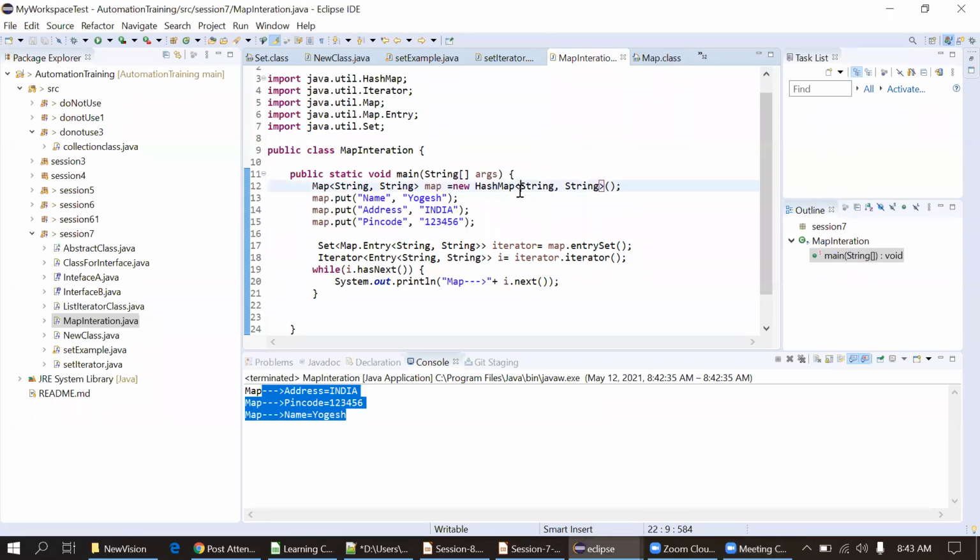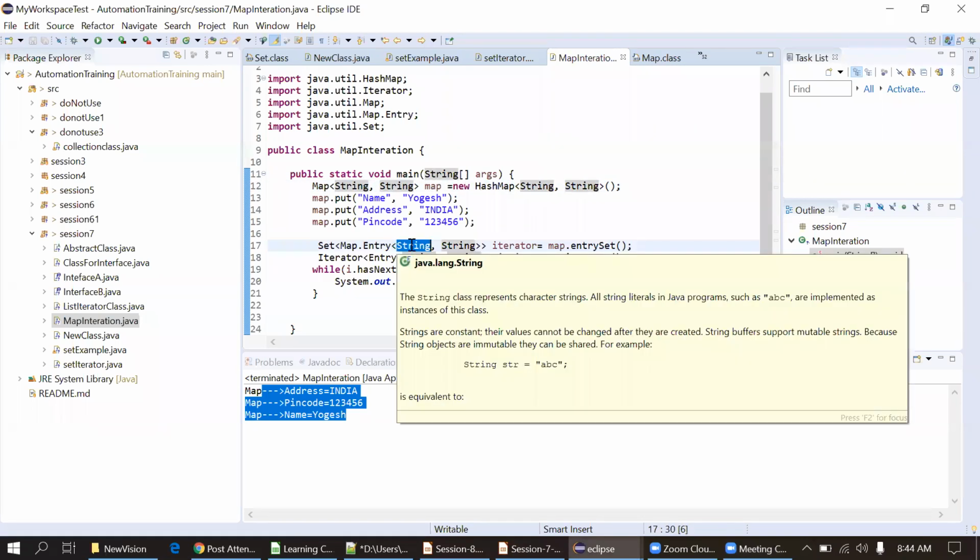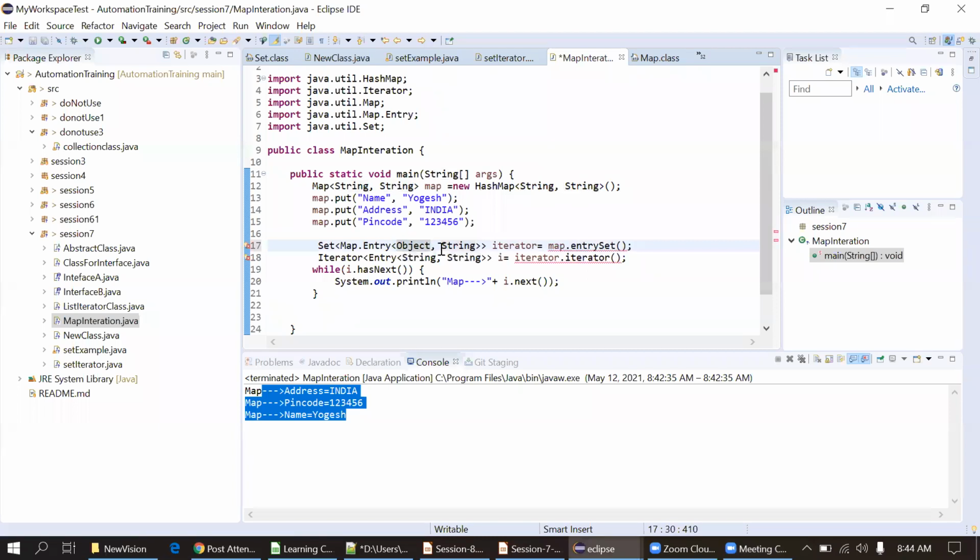Like in the first line, when you are declaring the iterator, just change it to object. Yes, it will support. But if I don't know anything, then object is the parent class, and this will create an issue for you actually.